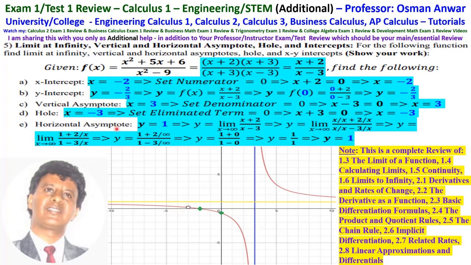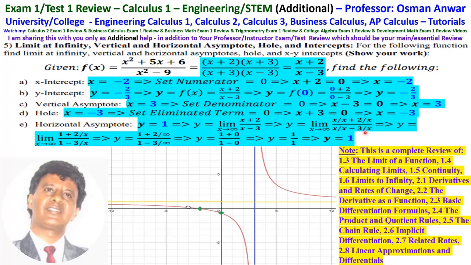Then to find the horizontal asymptote, simply take the limit as x approaches infinity of x plus 2 over x minus 3, which, if you plug in infinity, is infinity over infinity, which is indeterminate. Then we have to do some algebra before we take the limit to infinity, which is to divide the top and the bottom by the highest power, which is x, divide top and bottom by